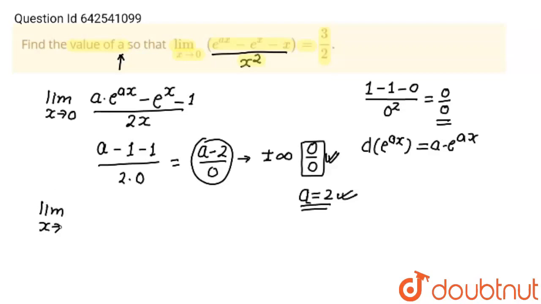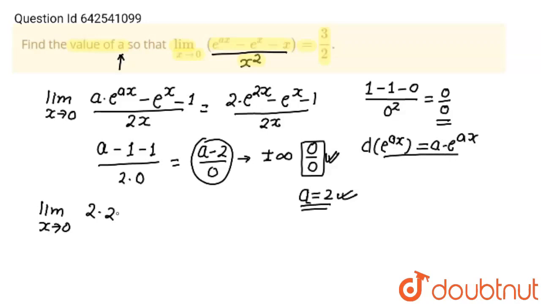Limit x tends to 0, and the value of a is 2, into, this will become 2 into e to the power 2x minus e to the power x minus 1 upon 2x. I am going to differentiate this again. 2 will be as it is, and differentiation of e to the power 2x, according to this formula, will be 2 into e to the power 2x, minus, and differentiation of e to the power x will be e to the power x, and differentiation of minus 1 will be 0, and in the denominator differentiation of 2x will be 2. And when x tends to 0, e to the power 0 will be 1,